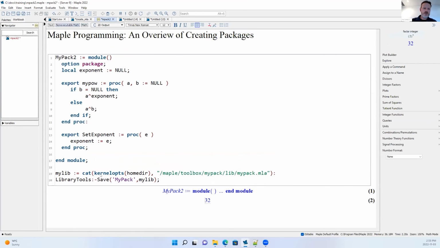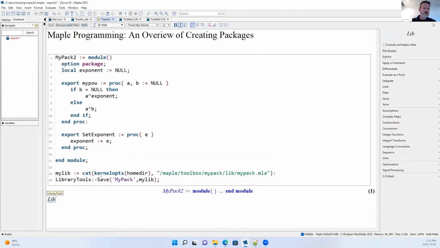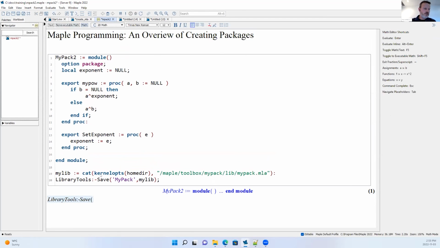Let's clear this out. Except instead of giving it a path to a file, I'm going to save my pack 2 to something called this: //